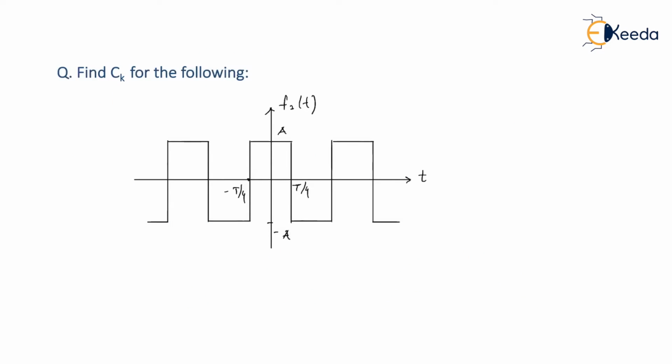So let us find ck for the following. So this is the signal given for which we have to find ck. Am I right? Of course, by using the figure 1 concept, we will get the trigonometric Fourier series, and from the trigonometric Fourier series, we can get ck for this, and maybe by using some property, we will get the final answer. So we'll see what we can do with this. So we will modify the question a bit. Find ck for the following by using Fourier series properties.